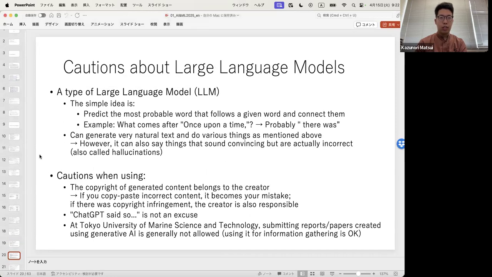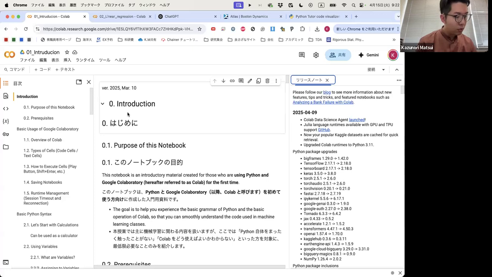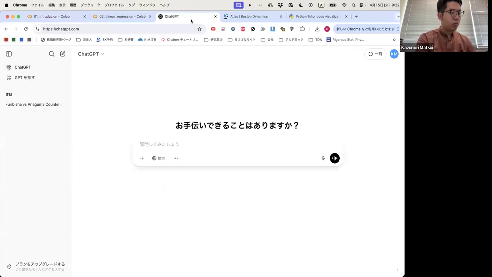Okay, so let's try to use ChatGPT. This is a ChatGPT screen. So this is chatgpt.com. When I write a question, like this, for example, what is efficient